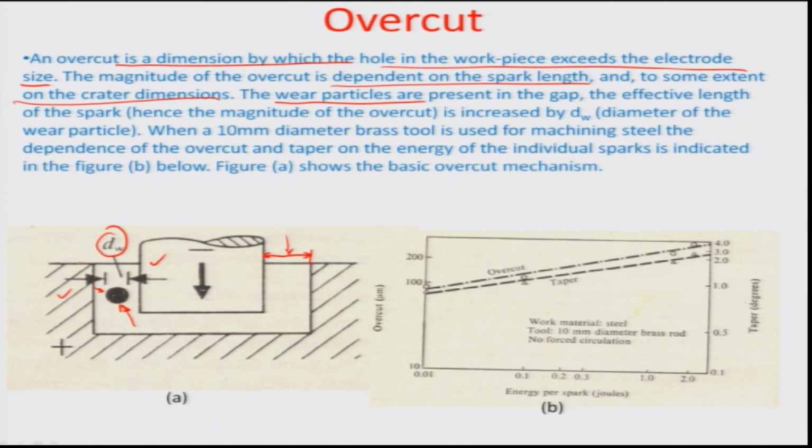Okay. The effective length of the spark, and hence the magnitude of the overcut, would be increased by the diameter dW. Because when we talk about the breakdown electrical field, the particle, being mostly metal or mostly debris, is treated as having the same dielectric capacity as the tool or the workpiece. And so the effective spark length that would allow this breakdown field to happen, okay, where the condition, if you may recall, is E applied greater than or equal to E breakdown,